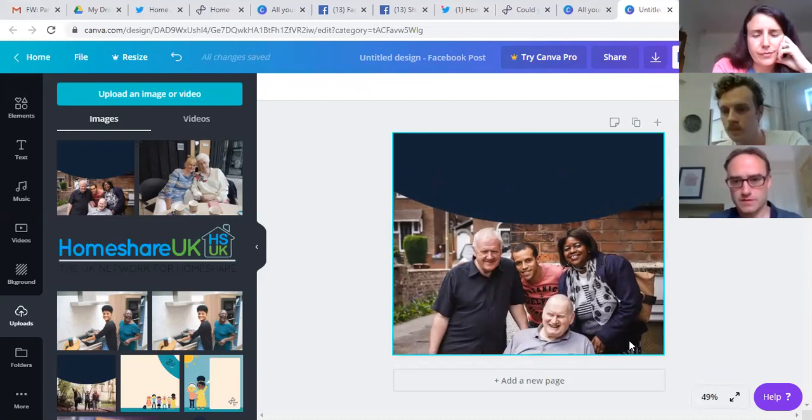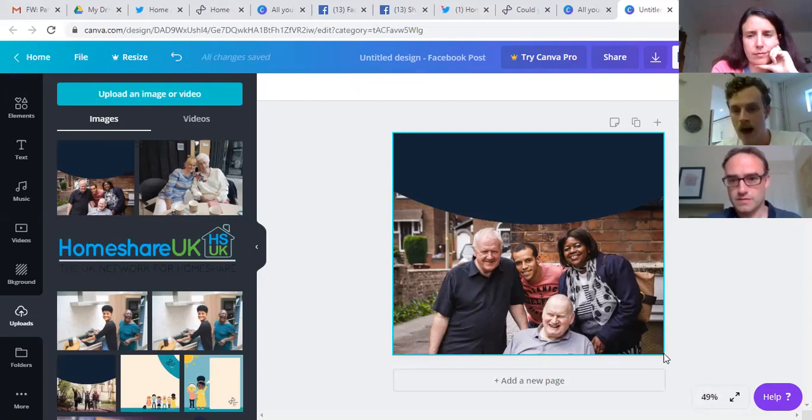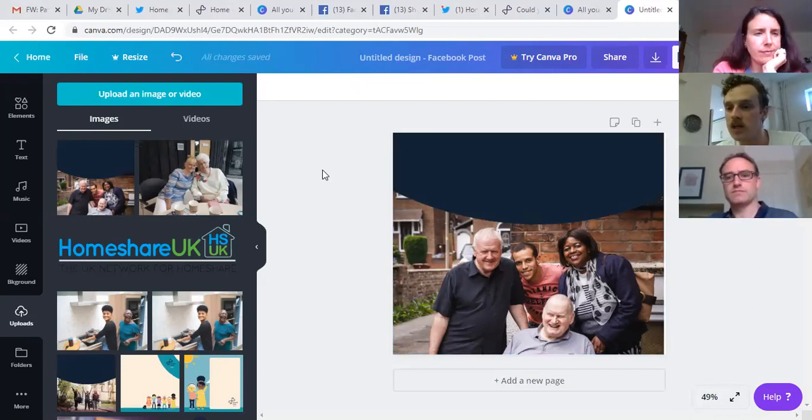So once you've picked the corner there, there'll be a little blue border around the image, and then you can start to drag it. So we've now got this filling the frame, and this is the background that we want. And because this has been nicely pre-prepared, we don't necessarily want a load of other images and elements on here. So we don't necessarily need to do any dragging around with this one.